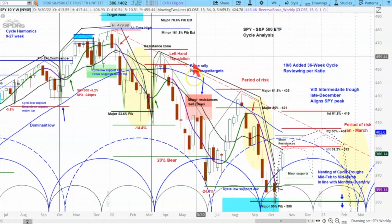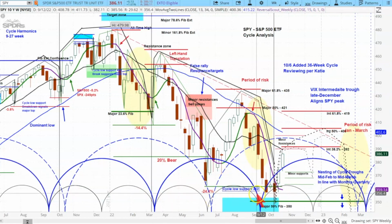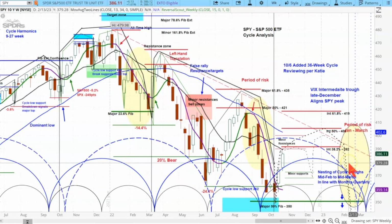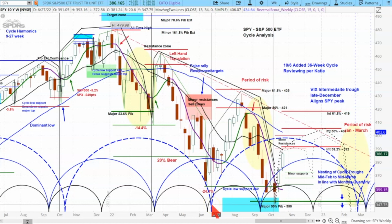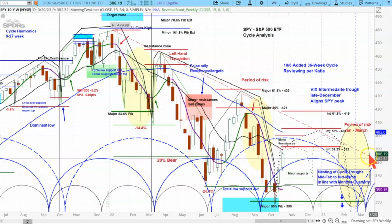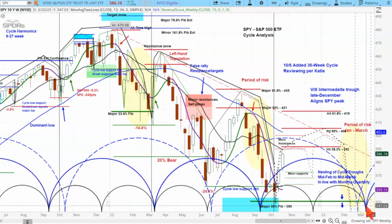You could see it failed in resistance here, failed in resistance here, failed in resistance here, all of those. And these yellow ovals are where 2 cycles were coming down, giving you the biggest downside risk. And that is out over here, again coming in sometime mid-January through sometime late March or April, where it is expected that the market will have a very sizable decline. This bigger cycle right over here is a 36-week more dominant cycle, and that comes down into that same time frame also. This period here will have 3 cycles moving to the downside. That's all energy of liquidation during that period, and that is set up to give the market a very sizable